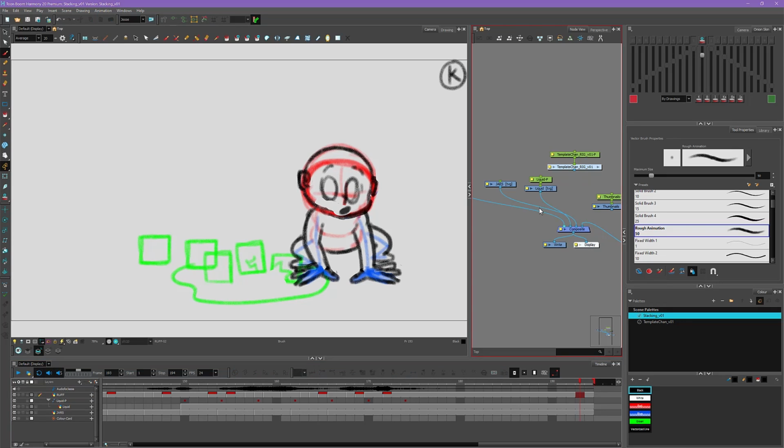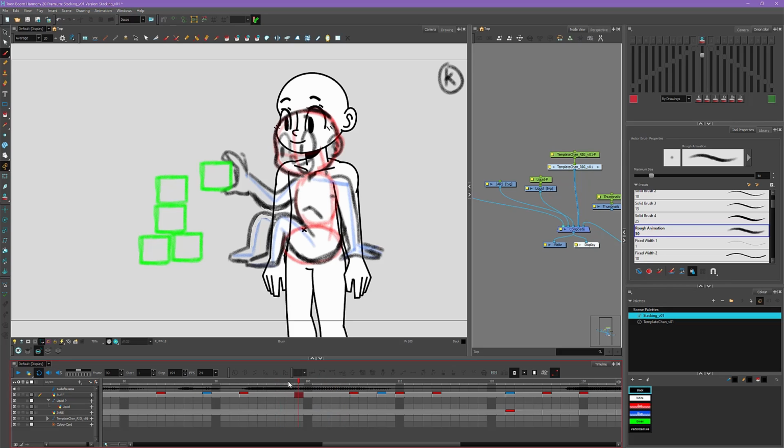Alright, so now that we have our rough animation ready to use as a reference, let's bring in our character rig. So I disconnected my character rig just so I could focus on the drawn animation, so I'm just going to connect it up to the composite node underneath my frame-by-frame animation that I did, and the character rig doesn't last for as long as the scene does. You can see it disappears here at frame 100.